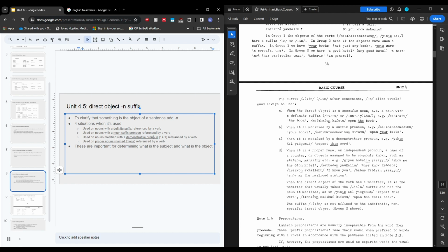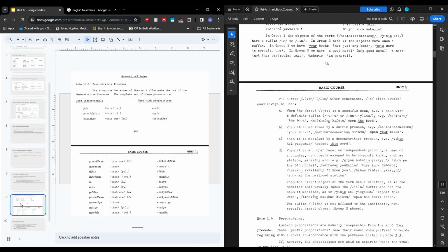They don't mention demonstrative pronouns until 14.1, but here they are. I don't really know how to describe them, but you kind of get the vibe of how they're categorized. It's like this, male or female, this one, these, this, that one, those, that, those. Preposition ones, which we'll cover when we get to this unit. But using any of these words with a noun that is being acted on by a verb would trigger the n ending rule for it to be a direct object of the sentence.